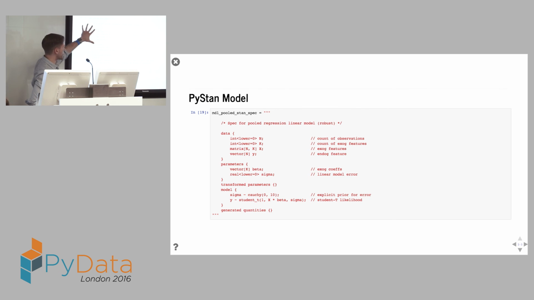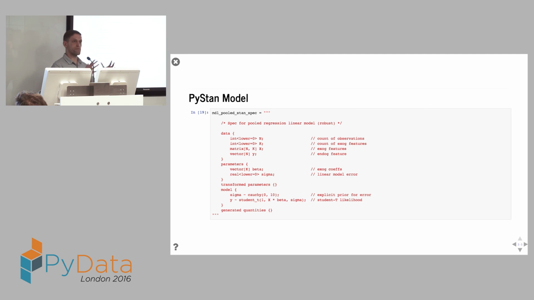The model is this string, and what PySTAN will do for us nicely is take this string and go away and compile C++, which we can then run. It's a nice thin layer over the top of things. So we're able to declare the data going in there, the parameters. The data going in is, here you see the count of the observations, count of the exog features, the raw data going in, and the predicted feature that I'm trying to get out. The parameters within the model are this set of coefficients, this wide vector.